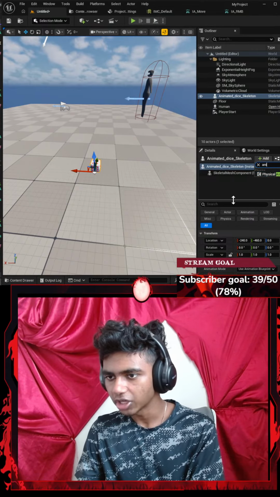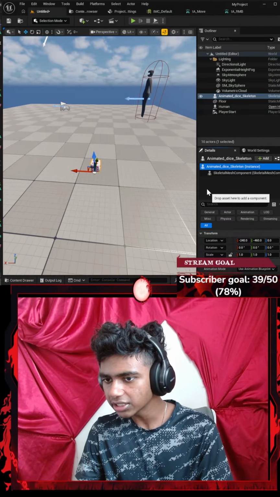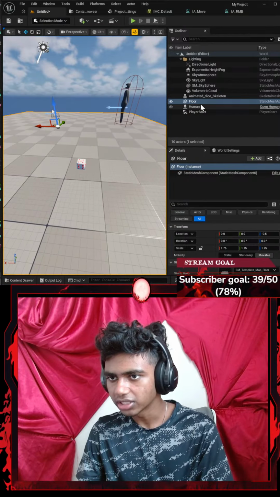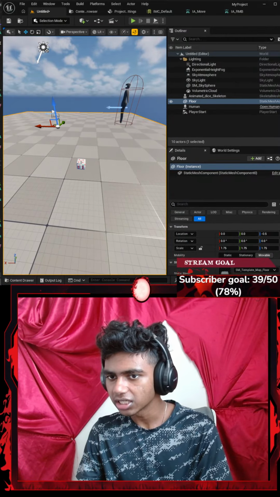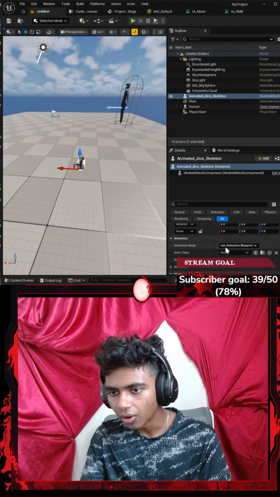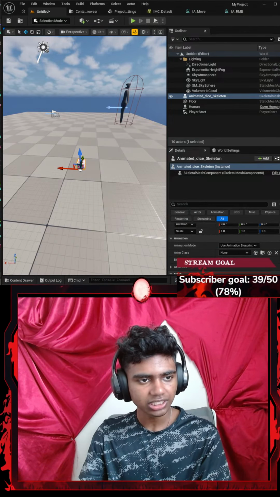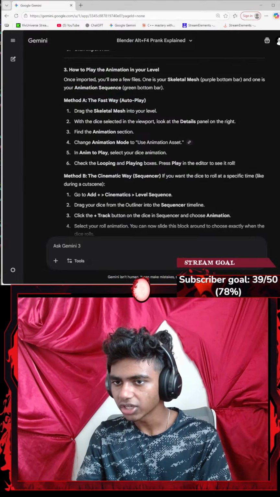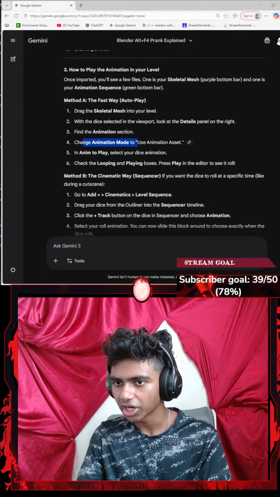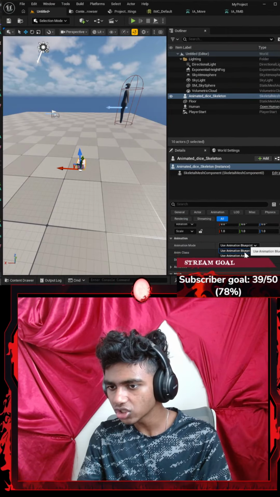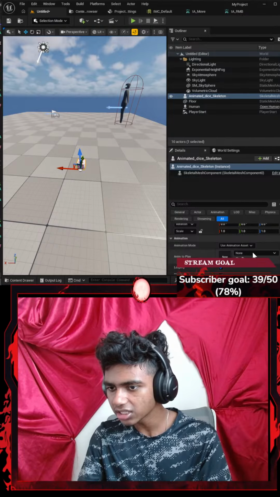Physical animation, nope. So this is my details panel here. Let's extend that a little. There we go. Let's click my dice. Is it called dice? Okay, it's called animated dice. Now, animation mode. Oh, I see, I think I see what Gemini meant. So I've got to change this to use animation assets.